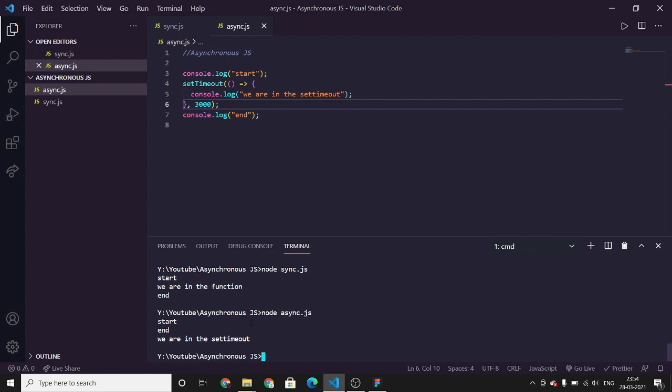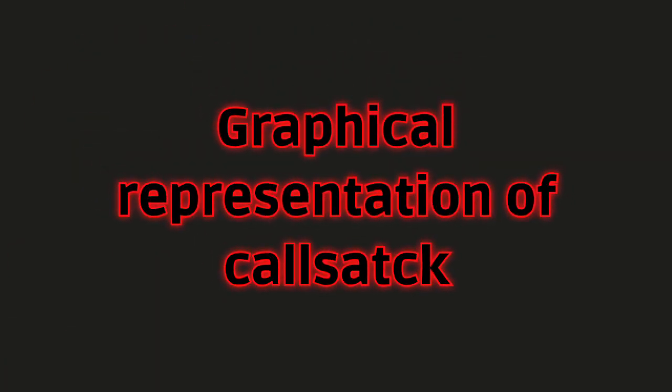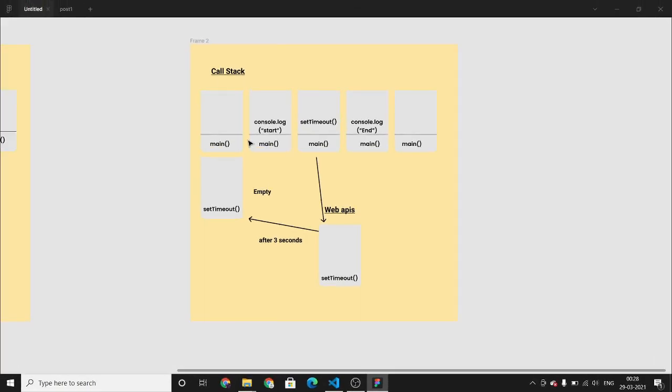So I'll explain this in the graphical representation. Now you know what call stack and main are. Before starting, you should know that JavaScript is single threaded, so it cannot do multitasking. In the program, console log start is the first line. It's the first function call. So it is pushed, executed, and popped off.